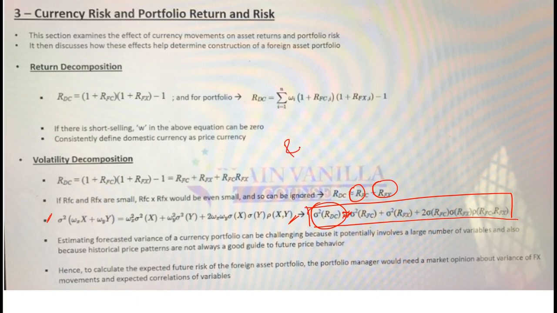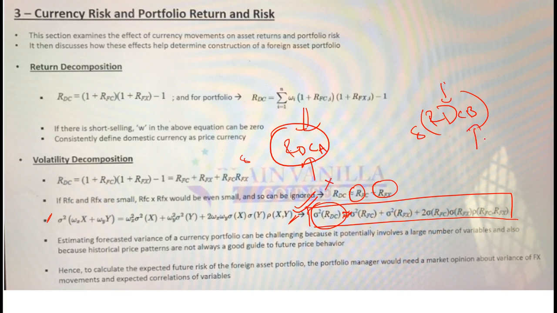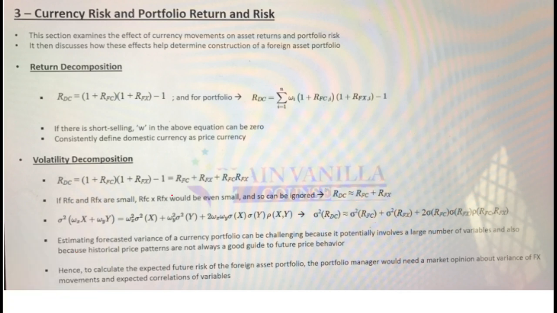And when you do this, you can come up with required standard deviation for return on domestic currency for a particular asset. Let's say asset is A, and you can do the same for asset B and come up with the standard deviation for return in domestic currency for asset B. And then you can use this as one asset and this as another asset, and then you can use these two returns volatilities to come up with portfolio variance using the same formula. Now this will become your asset, let's say X, and this will become your asset Y. So this is how you can do it. Obviously formulas will get complex and it will be a complex calculation, but this is how you can do it.